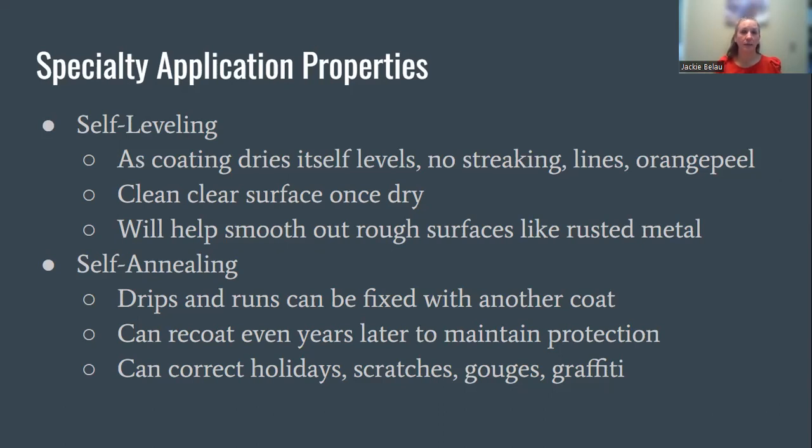And it'll also help smooth out rough surfaces like rusted metal. So the Everbrite is a thicker coating, so that's what we recommend for rusted metal, but you can put it on any of those rusted metal accents and it will smooth out some of the roughness